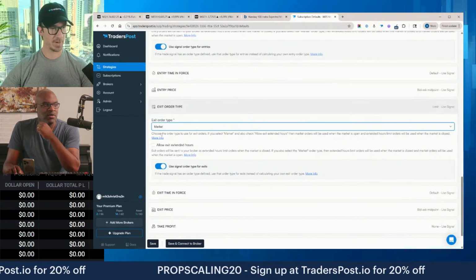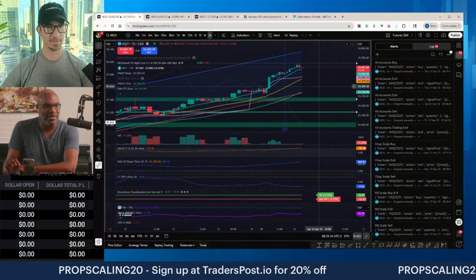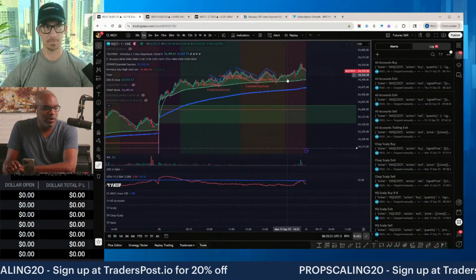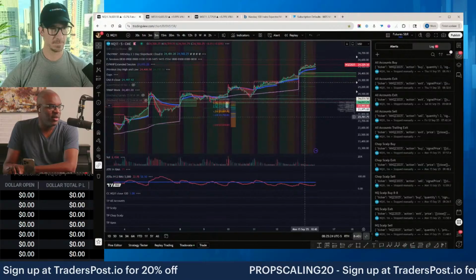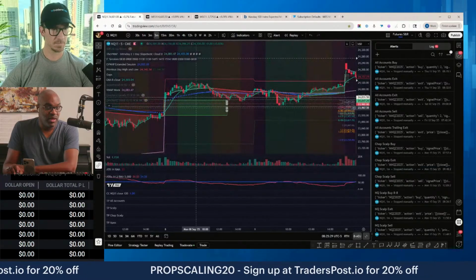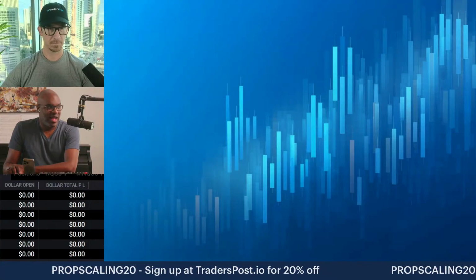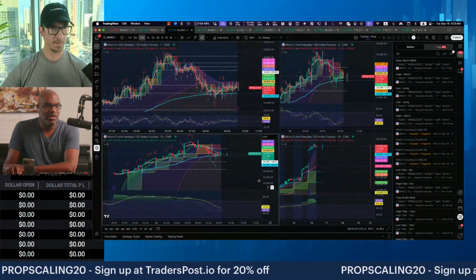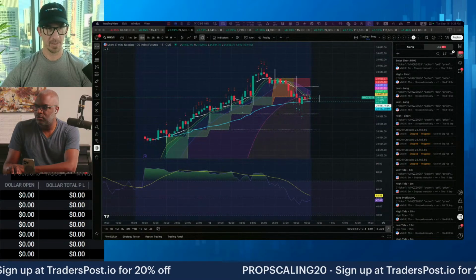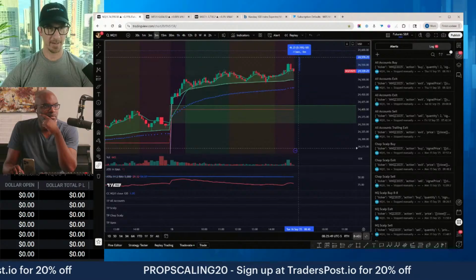Exit order type market. So the question is, do we gap fill? Do we drop 1% down to the weekly VWAP, or does this portend that we got a little bit of a pullback in the overnight this morning from like 5 a.m. and then that's all we're going to get? We're bouncing off now the EVWAP, and we could just be headed higher from here. That's the big question. We didn't fill the Thursday, September 11th gap, and we also haven't filled yesterday's gap. So we're about ready to gap up again here, which is